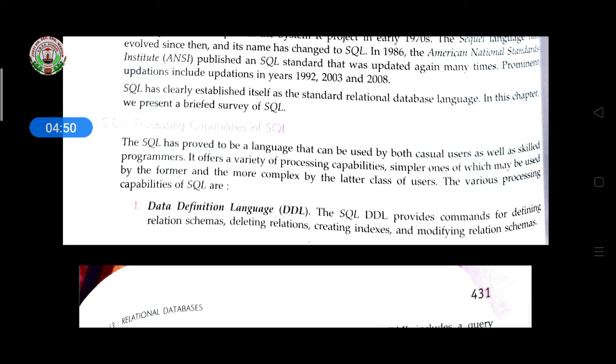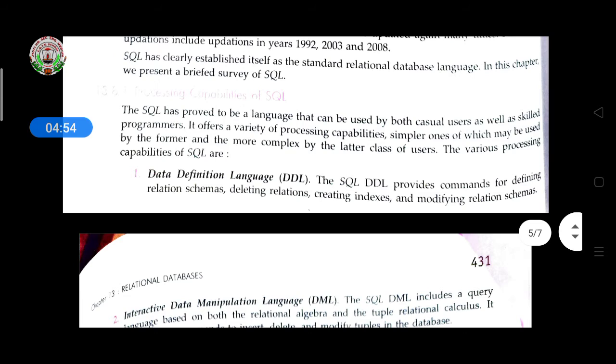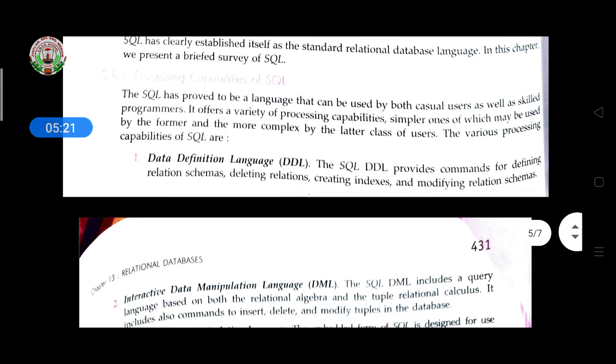Now, processing capabilities of SQL. SQL has proved to be a language that can be used by both casual users as well as skilled programmers. So it offers a variety of processing capabilities. Simpler ones may be used by the former and more complex ones by the latter class of users. The various processing capabilities of SQL are: the first one is DDL, data definition language.